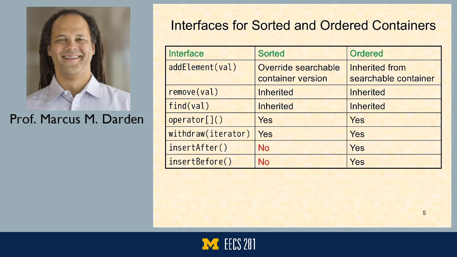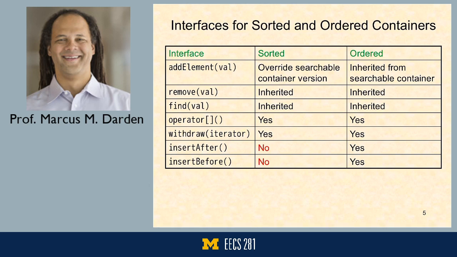Operator square brackets is available in both the ordered and sorted containers, and the withdraw by taking something out, given an iterator for its location. Can I do that? Yes, of course, just as I would do that in some other container. So we don't really have a whole lot of difference between sorted and ordered over the top of